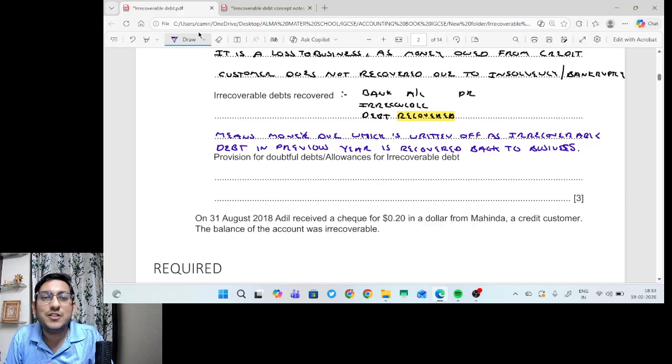Either of the two terms can be used, but I have put a slash in between so that you will identify them. If any term comes, you can understand: provision for doubtful debt or allowances for irrecoverable debt. So what is allowances? It is a possible loss. As per principle, allowances are prepared as per the principle of prudence, and irrecoverable debt is recorded as per the principle of matching. Students, I will upload one video on accounting principles only, where you will understand all the accounting principles in a single video, right?